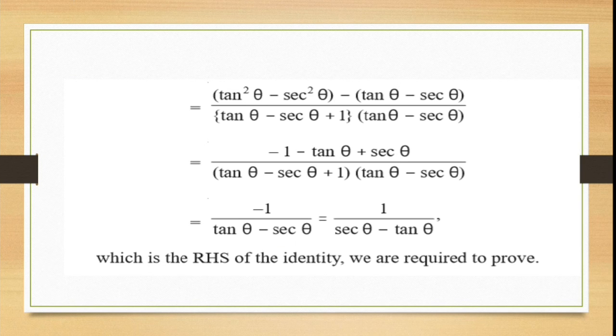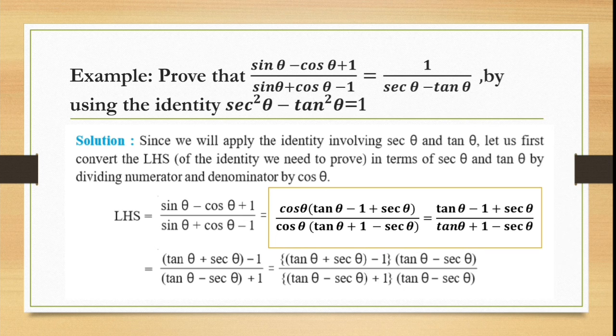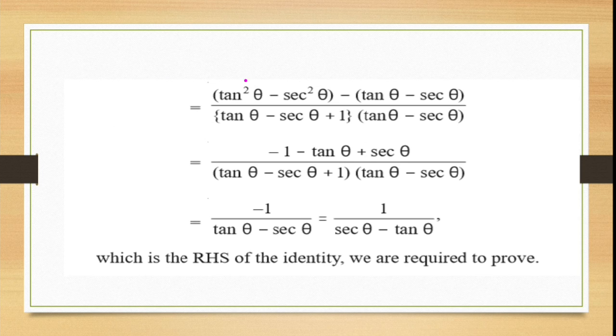Now, if you look at the last line, if you do the multiplication, these two will be tan theta plus sec theta into tan theta minus sec theta, that means a plus b into a minus b. So, by identity it will be a square minus b square. That is why in the next line I have written tan square theta minus sec square theta, and by multiplying with 1 it will be minus tan theta minus sec theta under the bracket. Here the terms will remain the same. I am not multiplying anything.